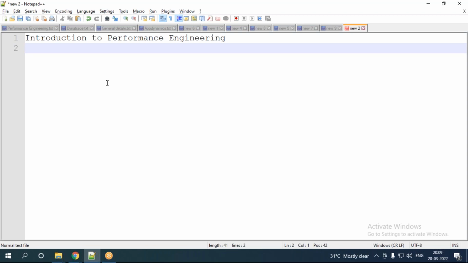You cannot say I will spend 24 hours or 48 hours to find the root cause. No more time-consuming activity; nowadays it's all quick and fast. Performance engineering will help you identify the root cause and then fix the problem. Now everybody able to understand what is performance engineering?